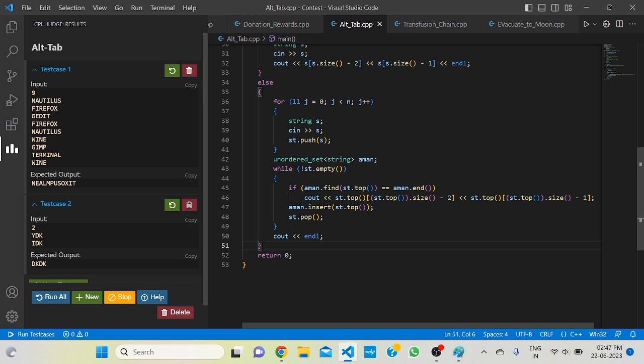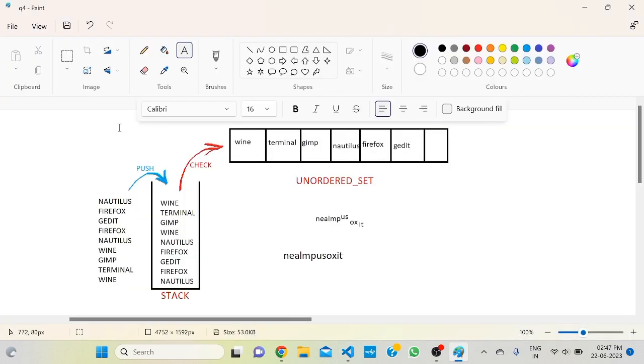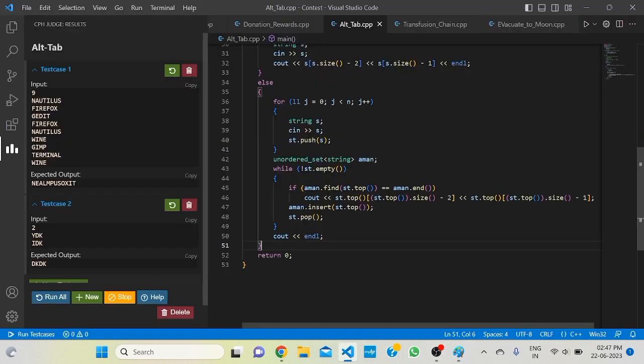this means that if this string is not present in the set, then it will return the set's end iterator. Means if any element is not present in the set, then it will return the set's end iterator. Okay, so we will put in the check that if aman.find of st.top is aman.end, that is, the iterator of the top element is end, then